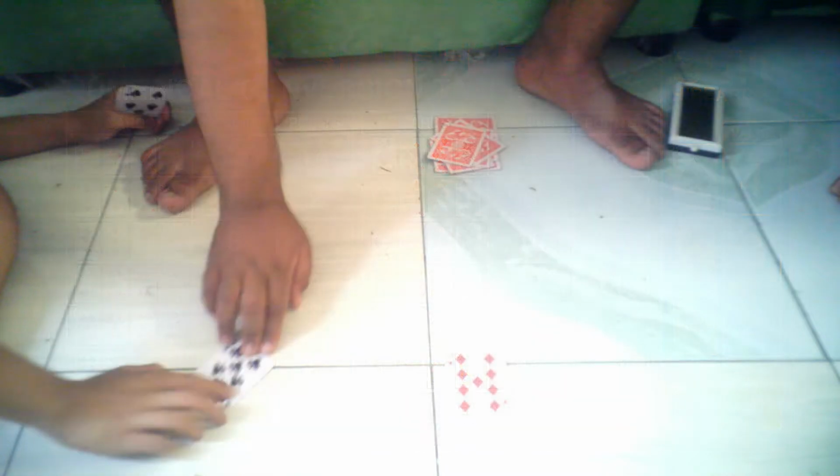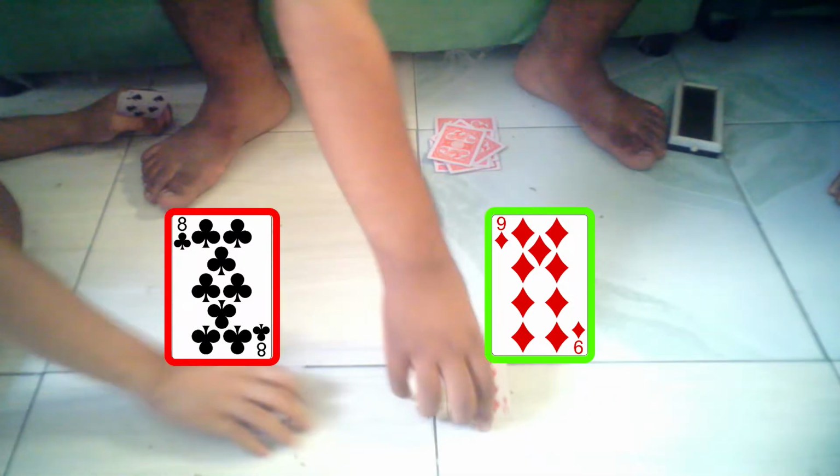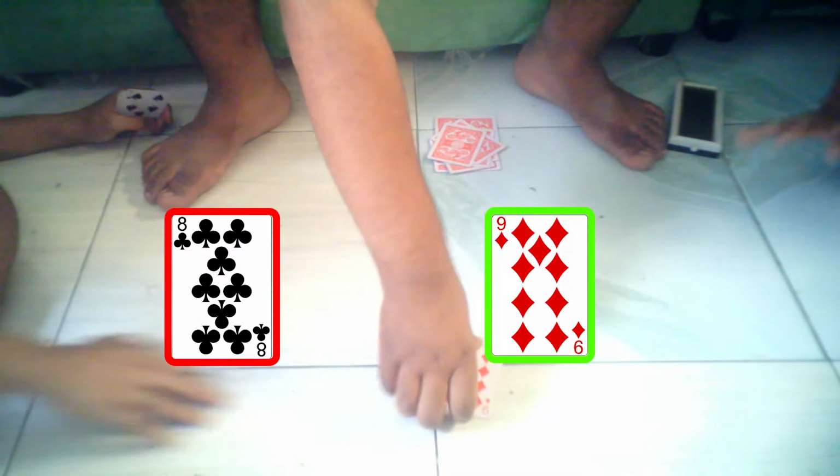Here is an example. Viprin drops the 8 of clubs, and second drops the 9 of diamonds. The 9 of diamonds has a higher value than the 8 of clubs, so the 9 of diamonds shall be declared the winner. After the winning and losing card has been determined, the moderator shall place the winning card onto the graveyard. The winning player shall receive a new card from the moderator. Then, the moderator shall place the losing card on the losing player's second deck.